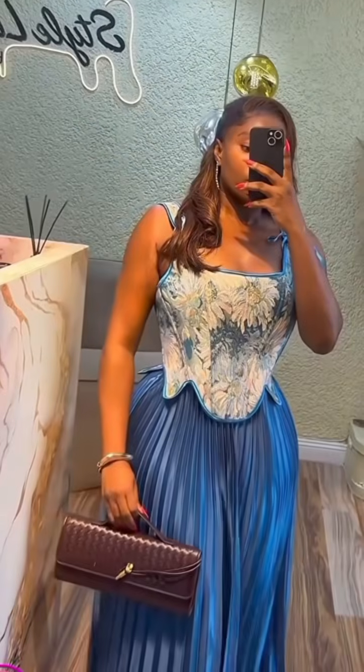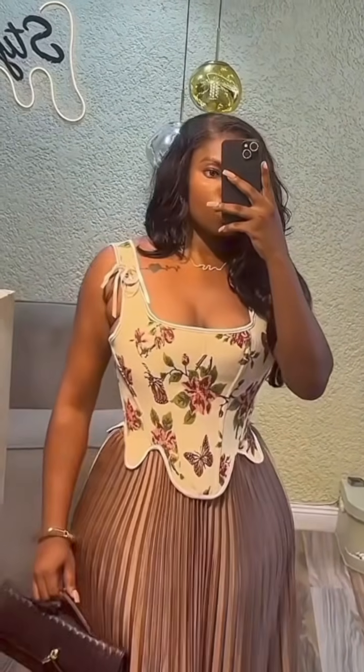Video, I'll be sharing with you a tutorial on how to cut this square neckline Victorian corset with asymmetric hemline,